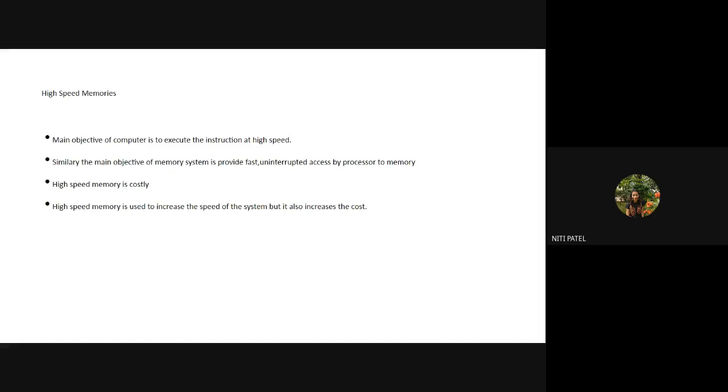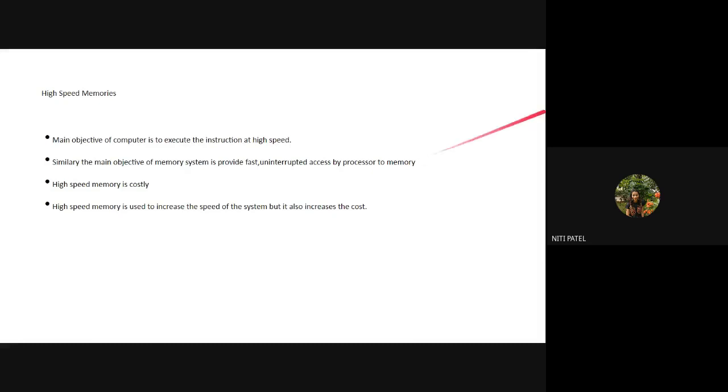So anything that has to be executed in the computer system by the processor has to be first loaded inside the main memory. So the process of reading from the main memory to the processor and from the processor to the main memory should also be at a very high speed. When I say that execution should be at a high speed, that speed depends upon the processor speed, so it is not only the execution of instructions or of a program. I also have to check how much time it is taking to load the program from the processor to main memory and from main memory to the processor.